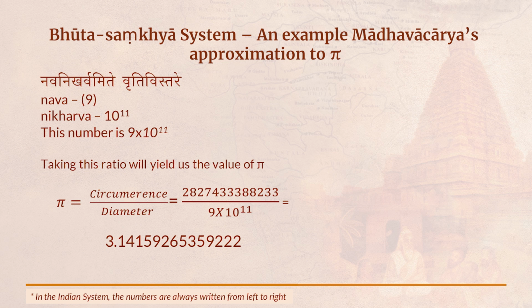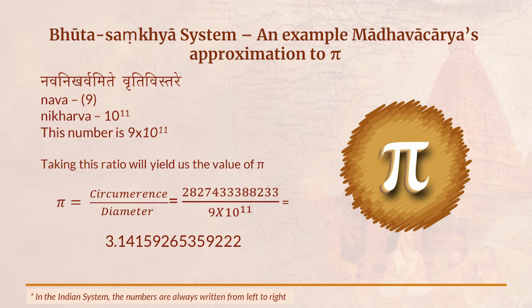If you take the ratio of that, that is the value of pi, which is, look at how many digits it is accurate, 3.1415926535922. This is the value of pi which Madhavacharya gave, which is a very high approximation to pi, particularly in